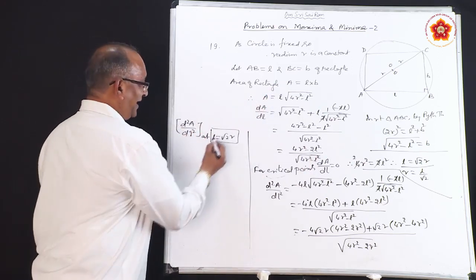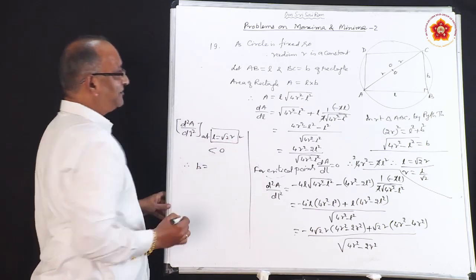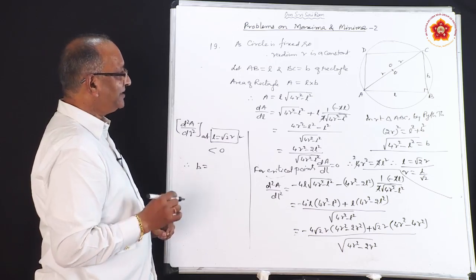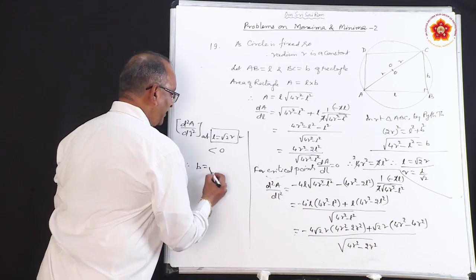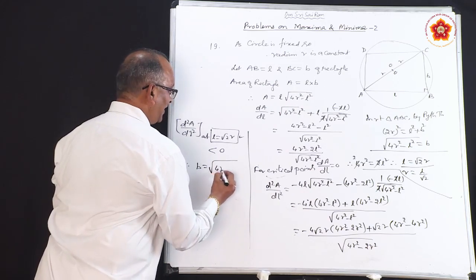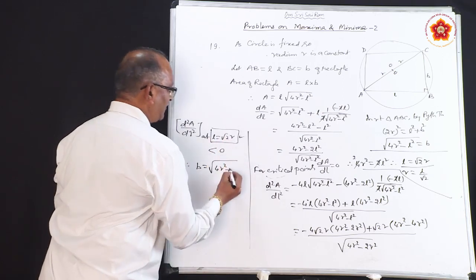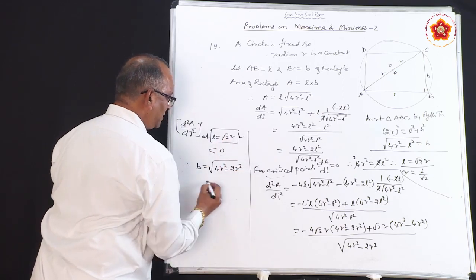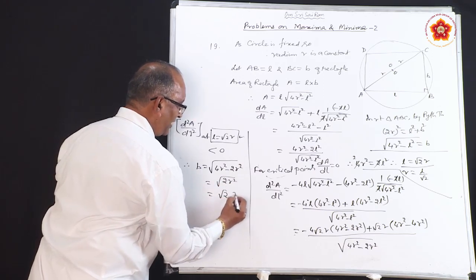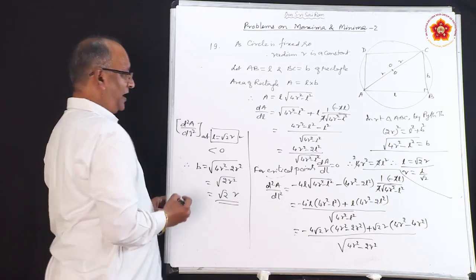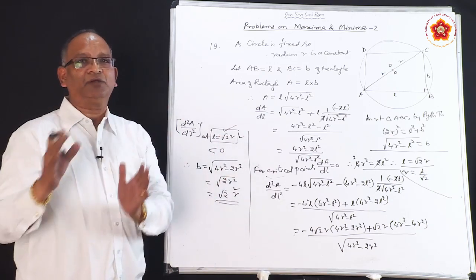So, what is the length? L is anyway known. Find out B. What is B? Where did we leave B in order to get the value? Here. This is the value of B. So, what is B? Under root of 4r square minus L square. L is what? Root 2r. So, if you square it, you will get 2r square, so B is root 2r. Width is root 2r, length is root 2r, which shows that length is equal to width.